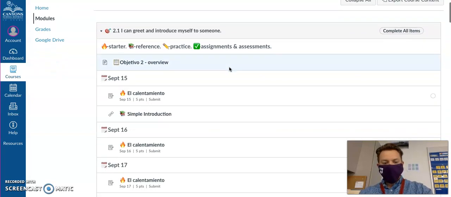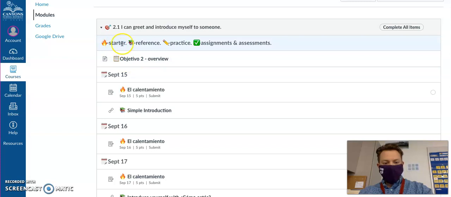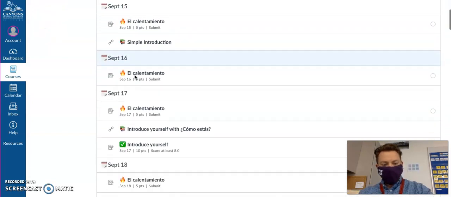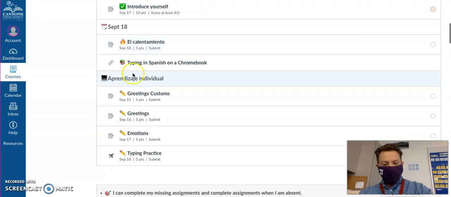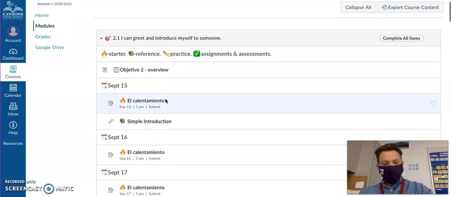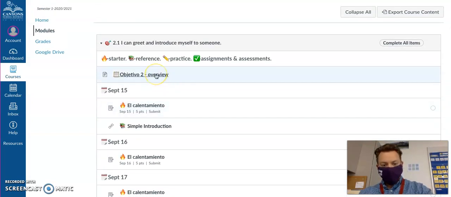So as I scroll down, you can see right here, I've got some icons and what they mean. Underneath it, I have an Objetivo dos, an overview. I also have some dates, some assignments under those dates, and then all the way at the bottom, I have Aprendizaje Individual, which means individual learning, and some assignments underneath that as well. So let's take a short, quick look at this. We have our overview of the whole